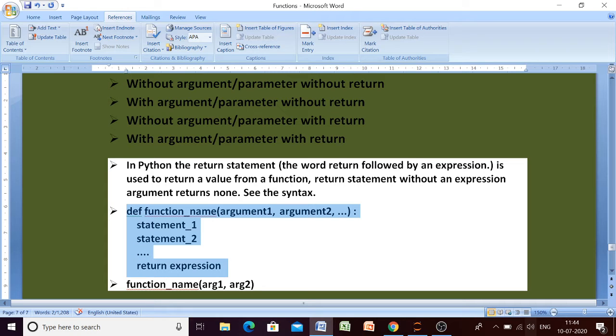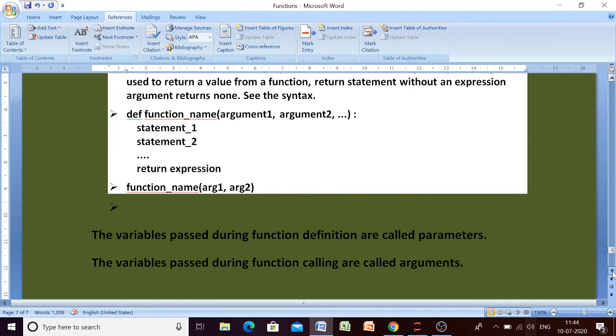Okay, these are the parts of our function definition, because see here the indentation levels are the same. As soon as we get back to the original indentation level, the body of the function is over. So suppose we have these 3 statements in our function body. Here we are returning some value, our function is returning some value. That value will be returned to the statement where we are calling the function. Let me clear all these things using programming, but let us finish this one.